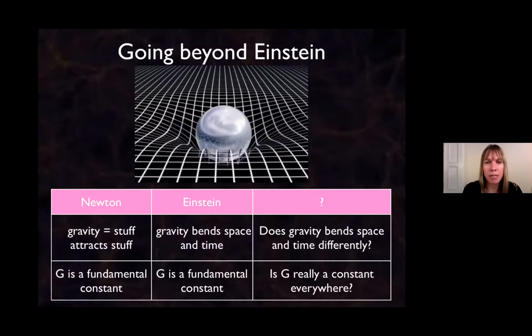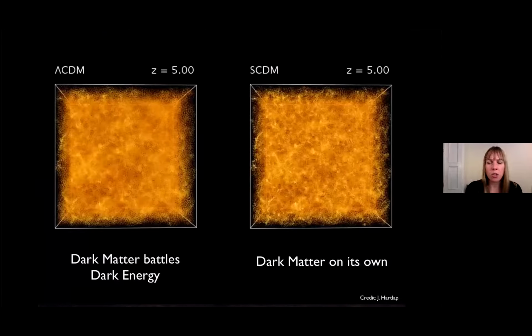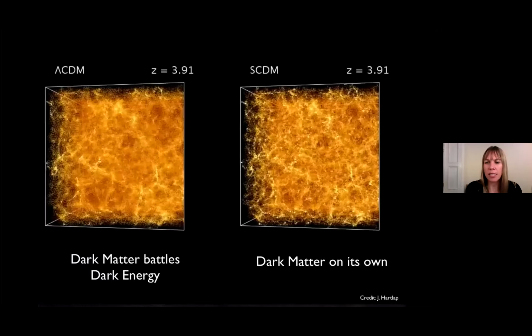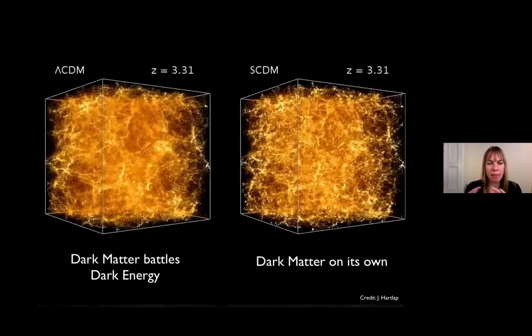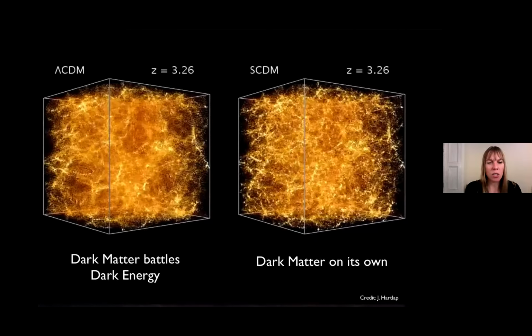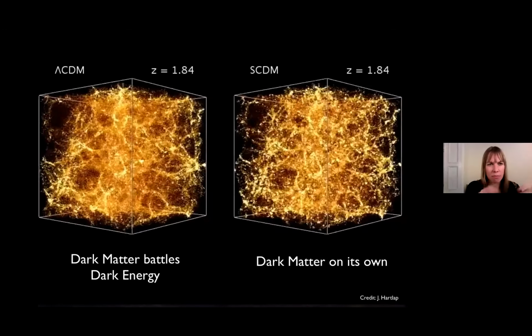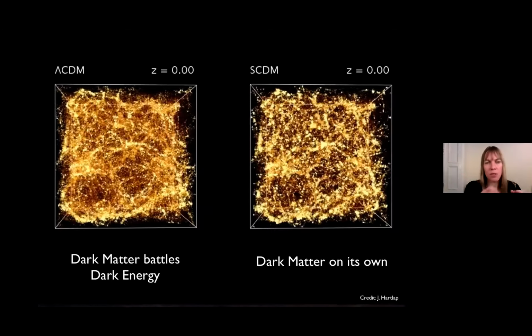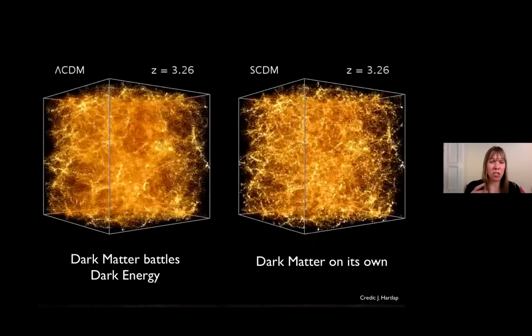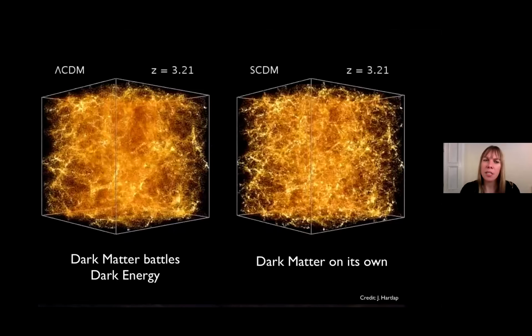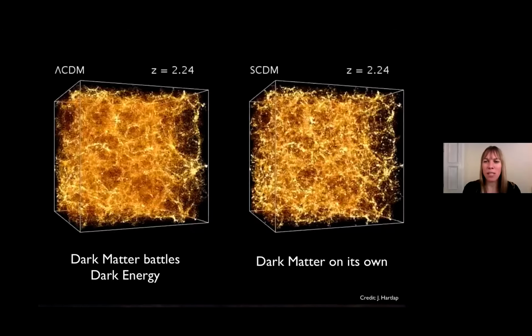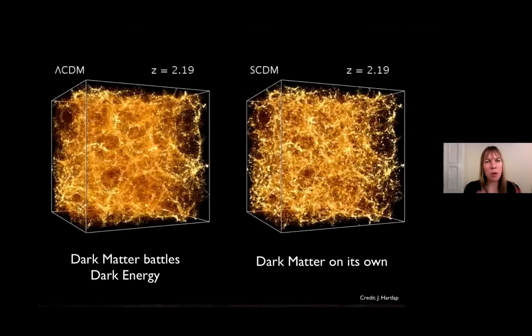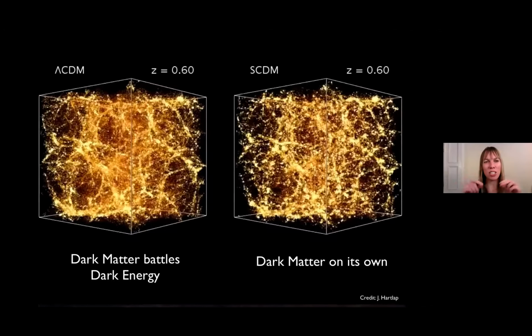So I'm going to show you another movie. Here I've got two universes. On the left-hand side, I've got one where there's just dark matter and gravity. And on the right-hand side, I've got dark matter and some dark energy, okay, a model of dark energy. What I want you to notice is that the structures, so gravity is putting these structures together, but if you've got dark energy in there, it makes it harder for the structures to form because the volume of the universe is growing rapidly. So if we had a way that we could map dark matter at different epochs in the universe, then we could see how dark energy is changing things.